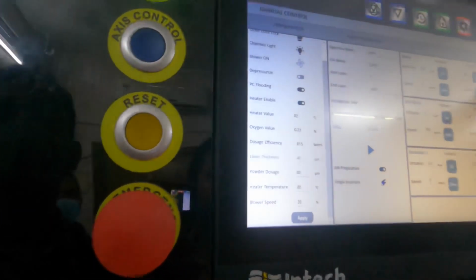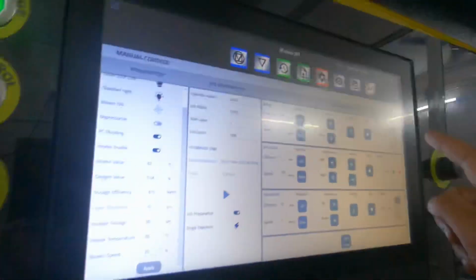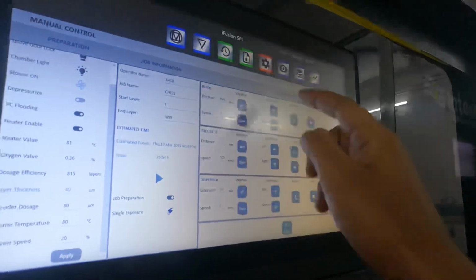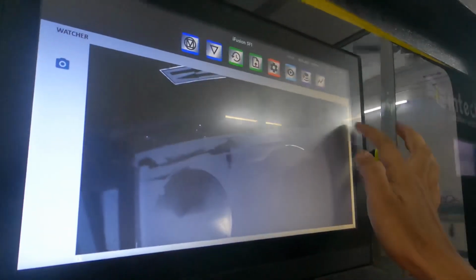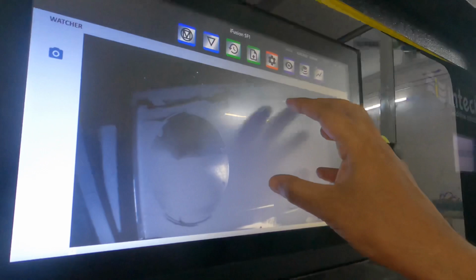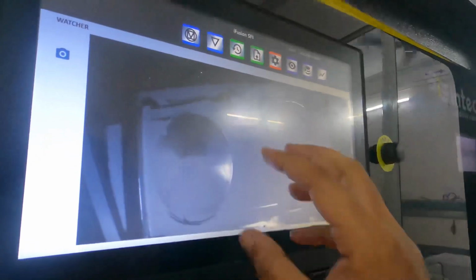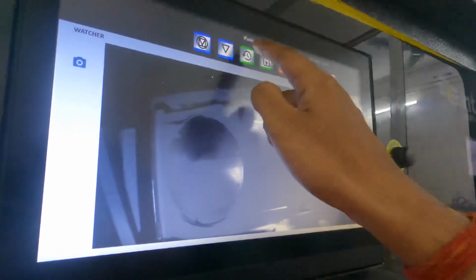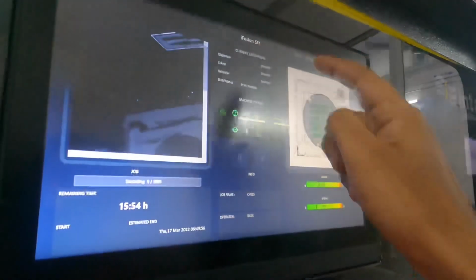After that, this axis movement is given here. In the axis movement, this whole section is regarding the build. So this is the dispenser, this is the build platform. The movement for this one is controlled by this build control.